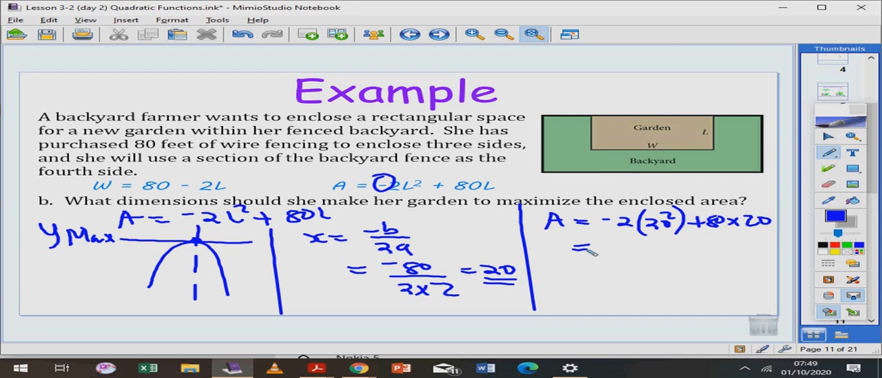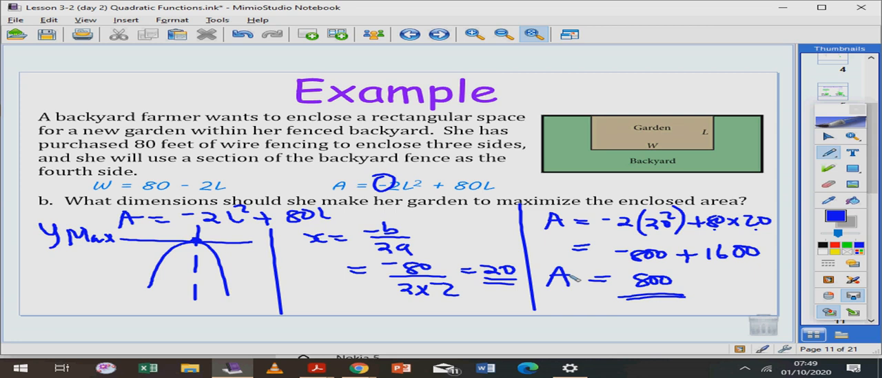So we have 20 squared is 400, times 2 is 800, negative 800, and 80 times 20 is 1600. So 1600 minus 800 is 800. So the area is going to be